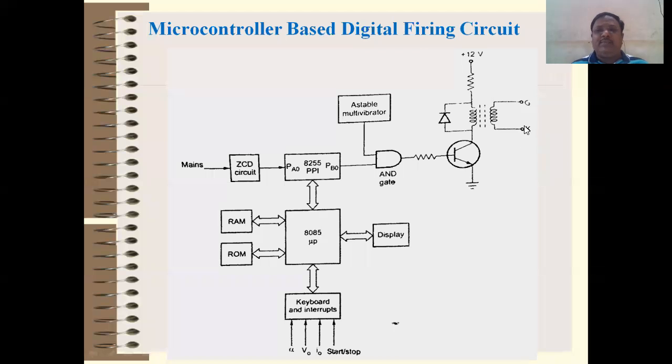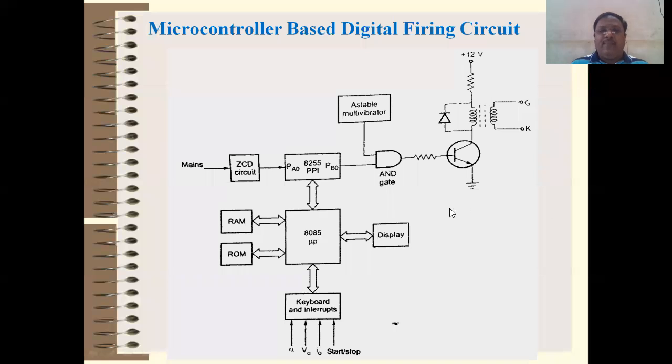Then the second thing, the time duration, right? If you are applying a very short pulse, then sometimes the device turns on, sometimes the device remains off, right? It never turns on, because the duration of the triggering pulse also requires a sufficient time period, right? If you are applying a very small triggering pulse, then definitely sometimes false triggering takes place, or other times the device will never turn on, right?